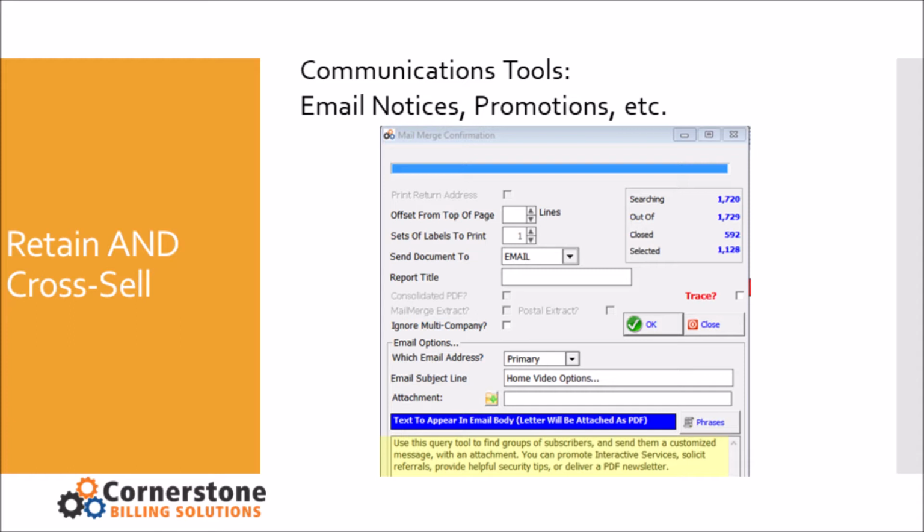So being able to pull up the list, email them a notice, maybe something to educate them, make sure they know all of the services you offer beyond basic security, especially right now with Comcast, ADT, AT&T, and a whole bunch of other national companies trying to poach your customers. This is absolutely essential in whatever software customer management tool you've settled on.